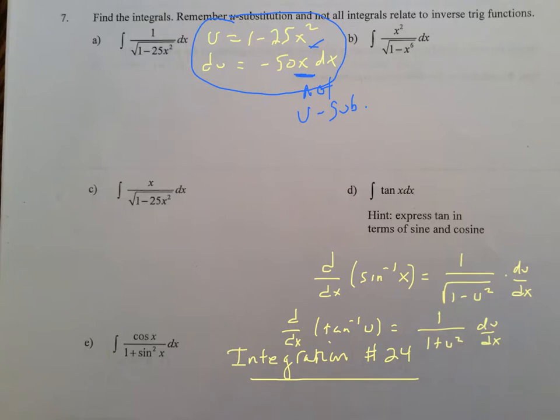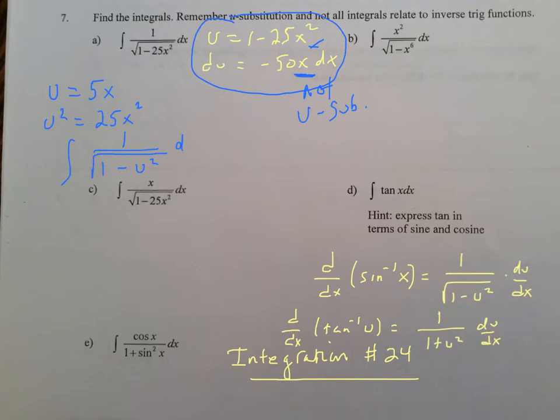So if I say my u is just 5x, then u squared is 25x squared, which means I have 1 minus u squared,